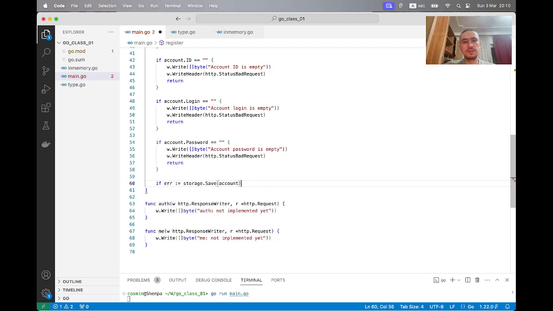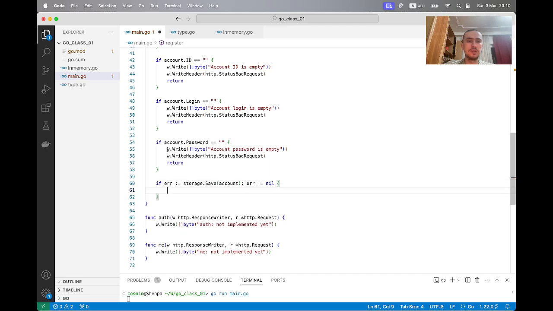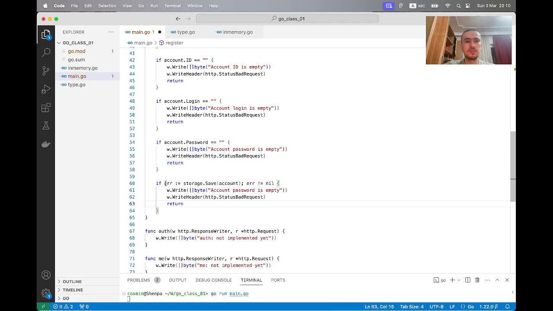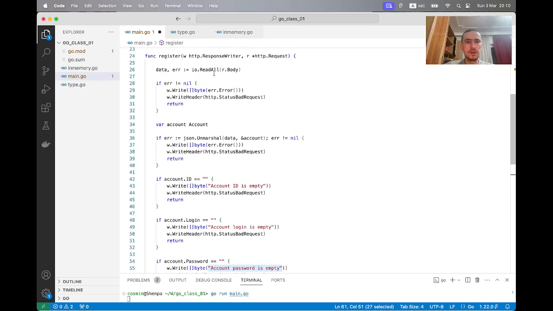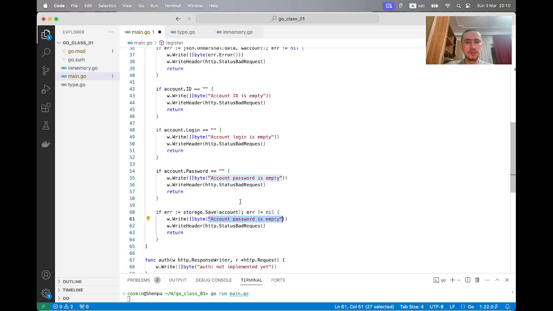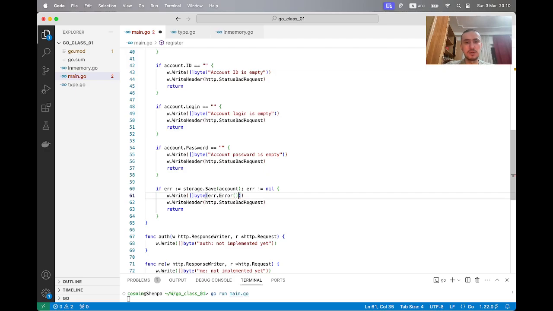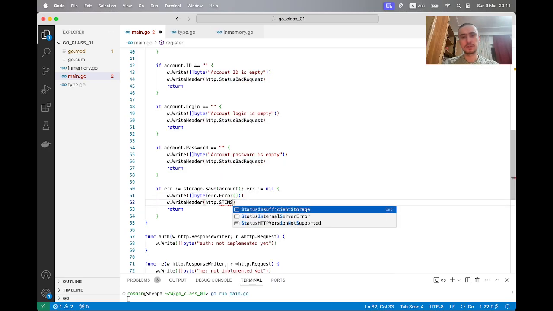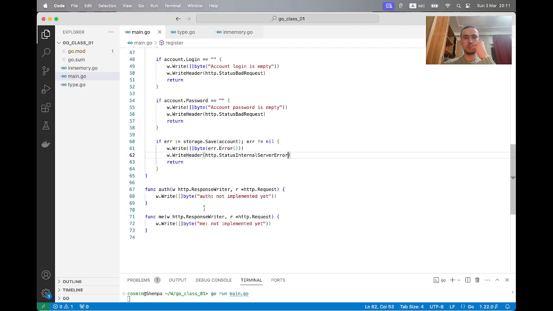We check if there is any error. If there is an error, we respond with the error, same as we did for verifying if there is an error from reading all from the request body, by using the Error function of the error object. And here we say status internal server error. Okay, so we save the account, and to test that,